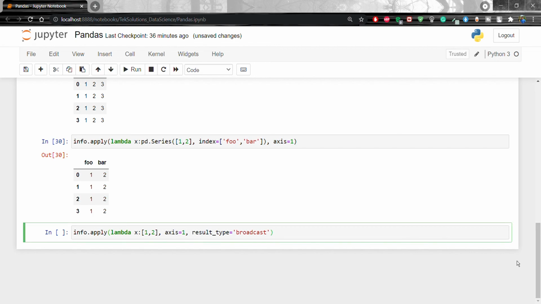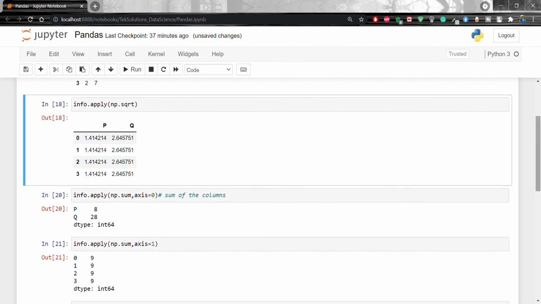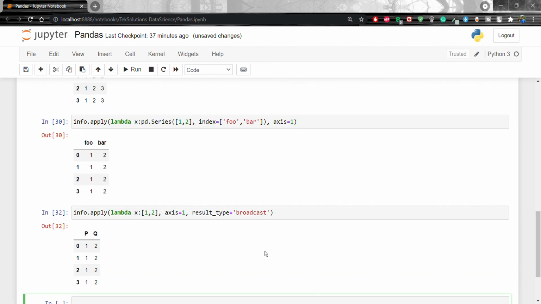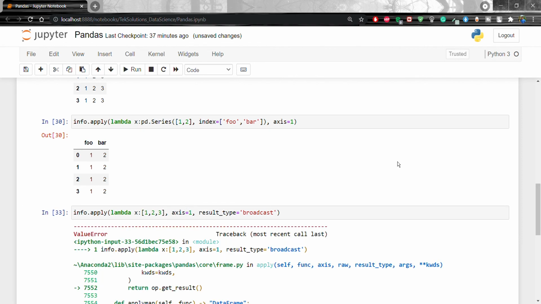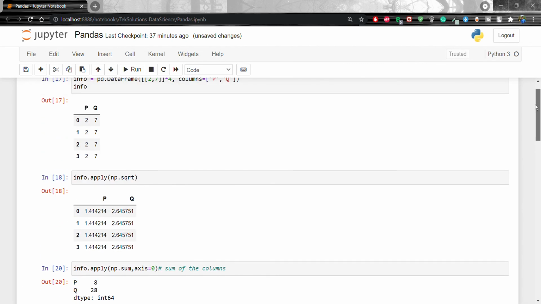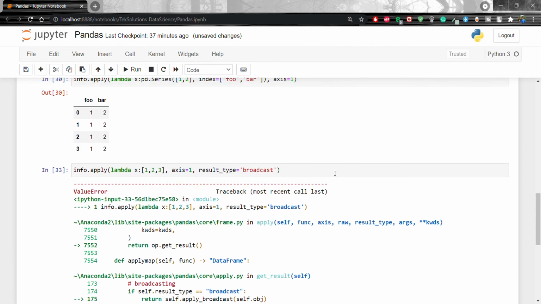Okay, so the columns you will see here are P and Q, right? So it's going to retain those columns. Okay, let's shift enter, right? It's going to return P and Q, and now it's going to display 1 2 1 2 1 2 1 2. So what will happen if you pass 3? It will give you an error. Okay, cannot broadcast result, right? The reason is that the third column is not there in the original, that's why it's giving the error. Okay, so this is clear now.